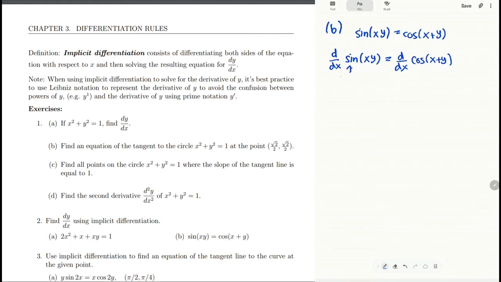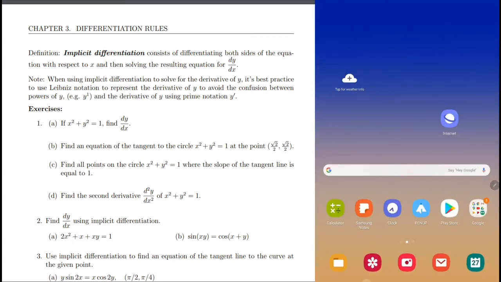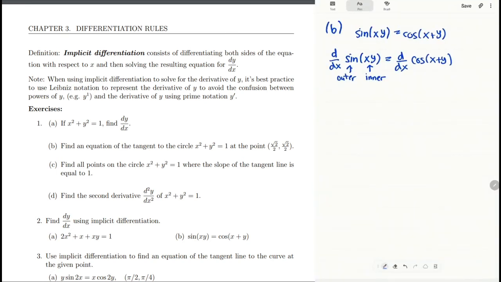The outer function is going to be sine. The inner function is going to be x times y. So using the chain rule, we differentiate the outer function, which is cosine. We leave the inner function unchanged, which is x times y,